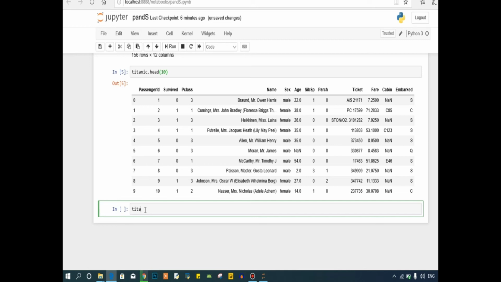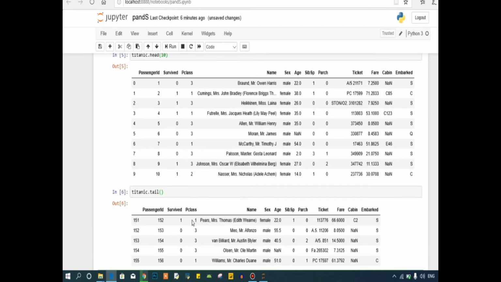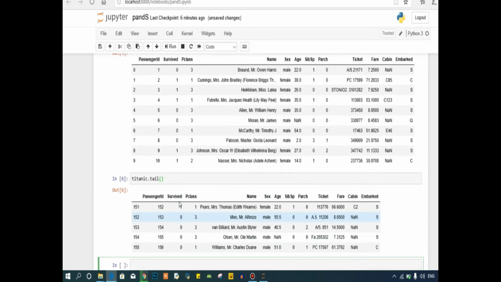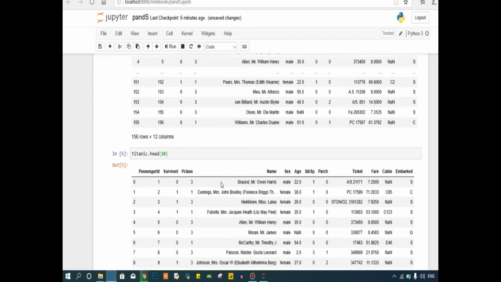So let's see this. Titanic, it's just the same, we use dot tail and run it. Here you can see that this has returned the last 5 rows from this table. Now this is the use of head and tail which we have learned here.